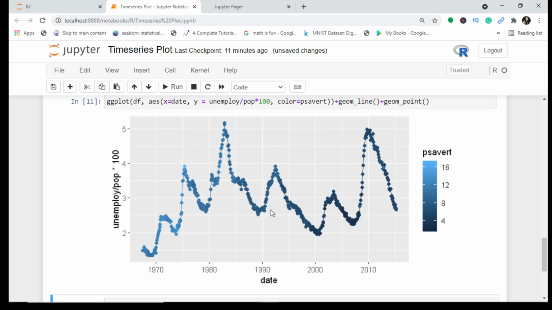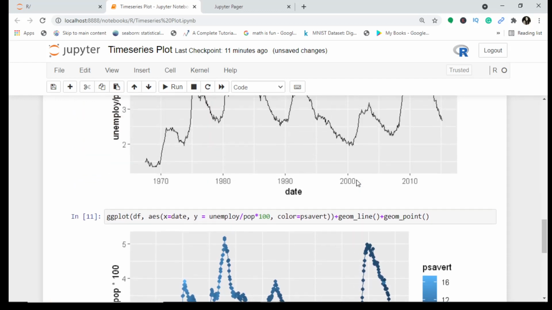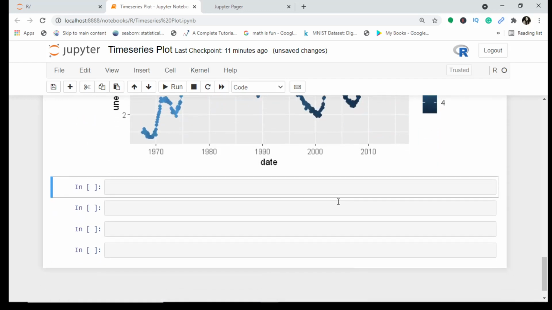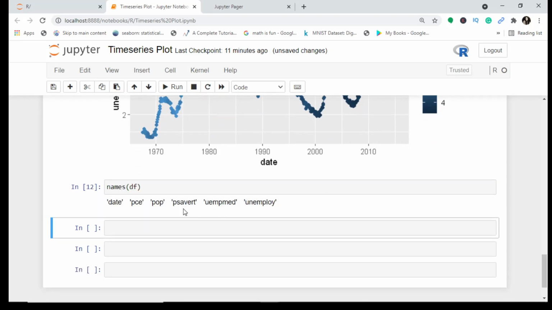Now let me tell you something more here. Let me add a few things more. Since we've got a lot of data here, there's one more variable, and that is consumption.